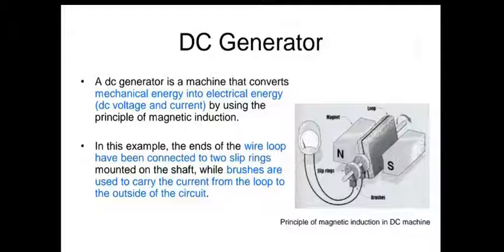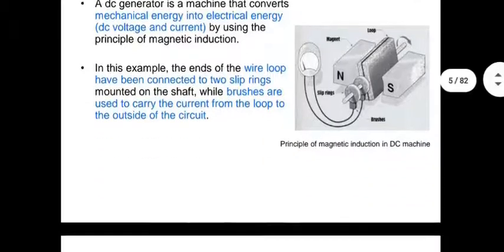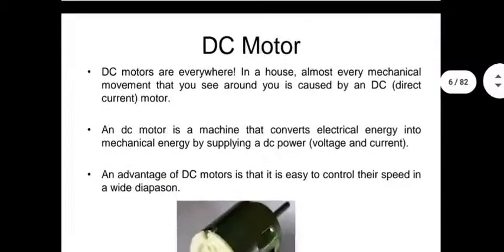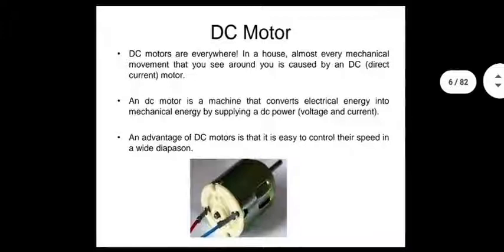In practice, you have a large number of loops rotating around the same axis, and they are housed on what we call a rotor, in a large number of slots. I had shown all this to you in my notes also, but here we have pictorial diagrams to illustrate the same point.